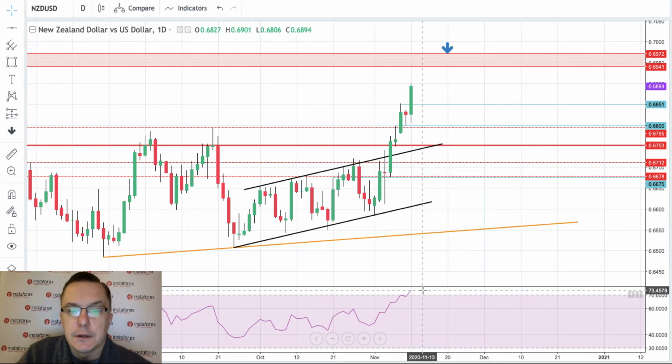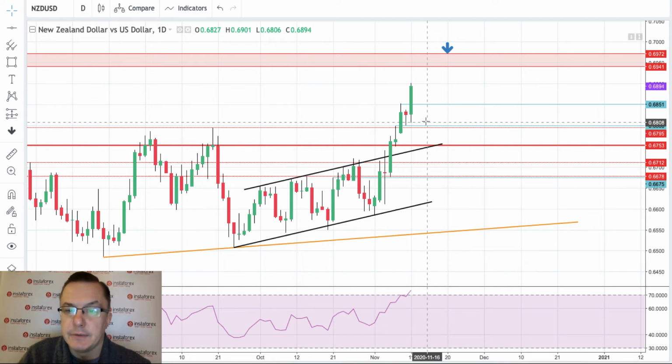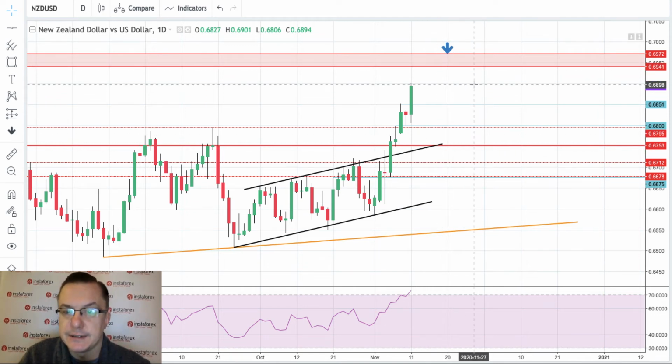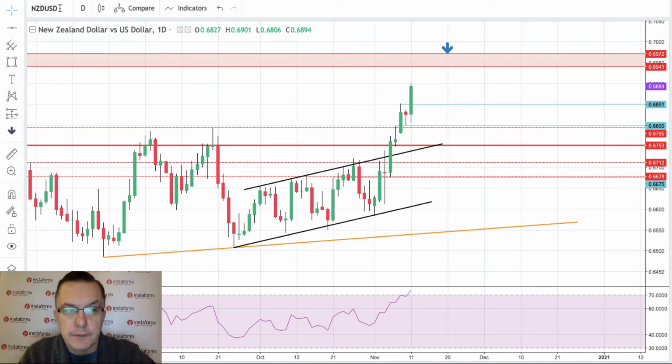to the overbought conditions. Please remember that it doesn't mean we will just drop straight down towards the support at 6,753. We might just consolidate the recent gains in a narrow range and then continue to move higher, and that would be again a very, very bullish sign for the New Zealand dollar, of course. So that's the outlook for the New Zealand dollar. Let's take a look at one more